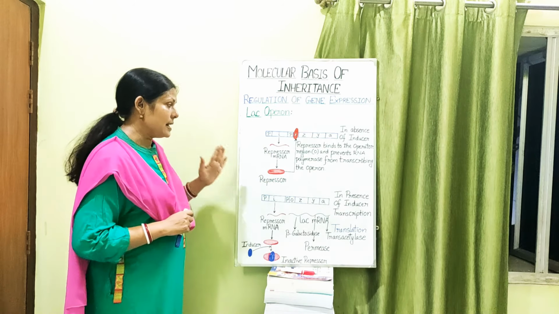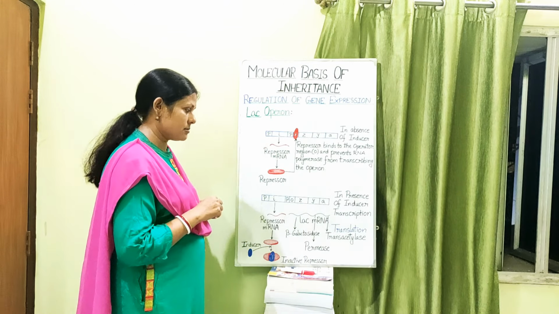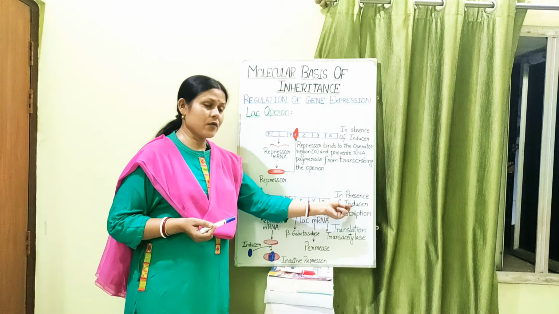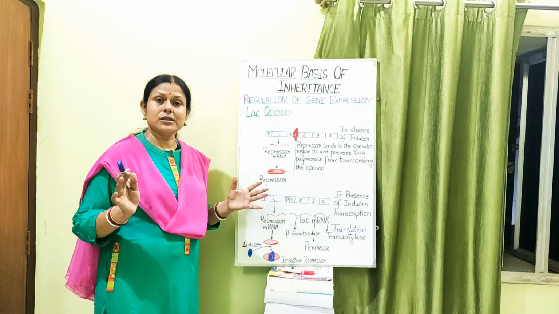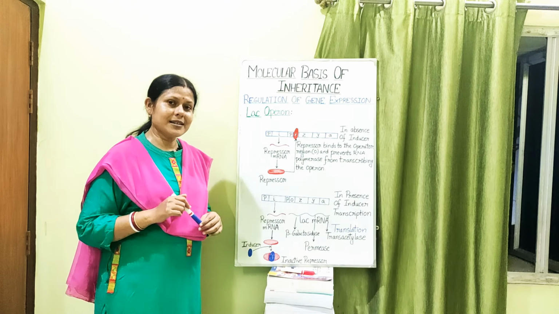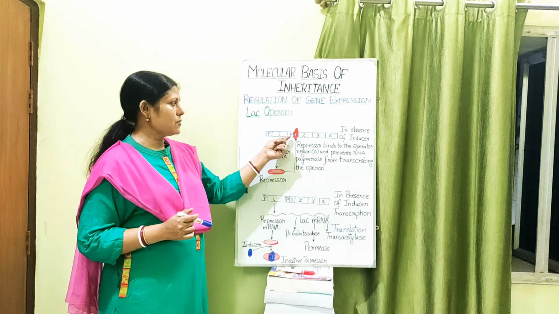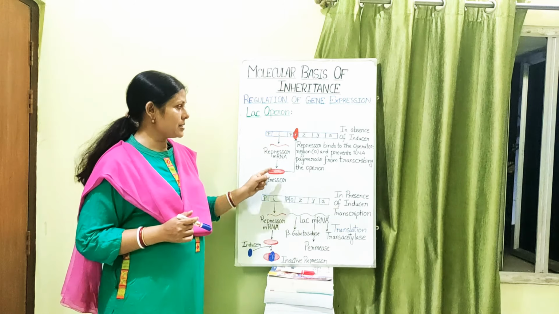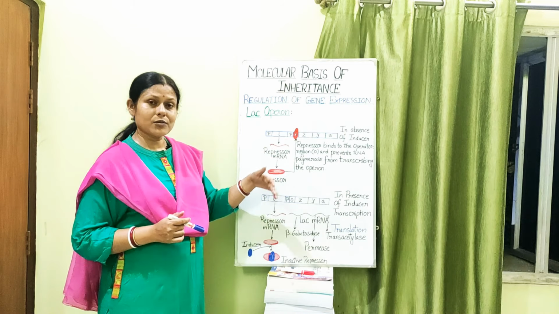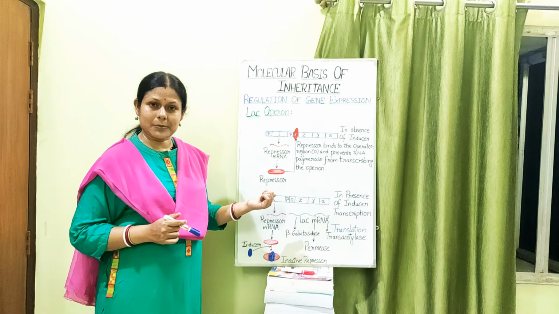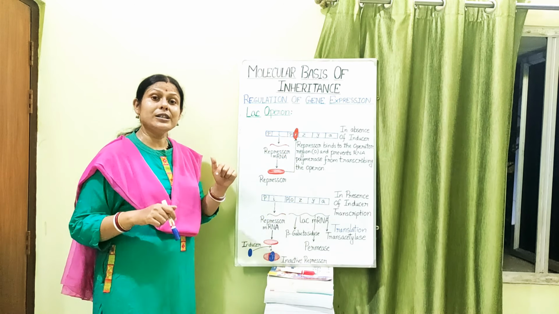Now next, suppose this scenario is changed. What is this change in the scenario? That is presence of inducer. That means now the bacteria is allowed to grow in a media which is containing lactose. Now when lactose has to be utilized, lactose has to be broken down, isn't it? So if the operator region is blocked by the repressor protein, how will the synthesis of these structural genes take place? And as a result, the breakdown of the lactose cannot take place, isn't it? So the repressor protein has to be removed. So how will it be getting removed?